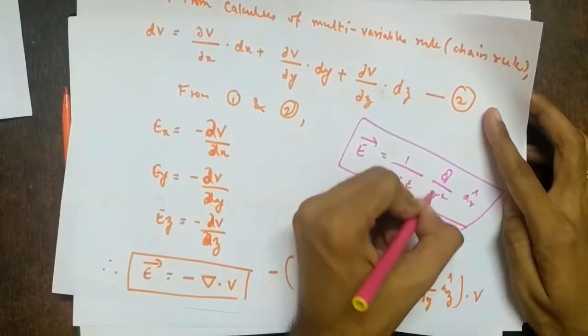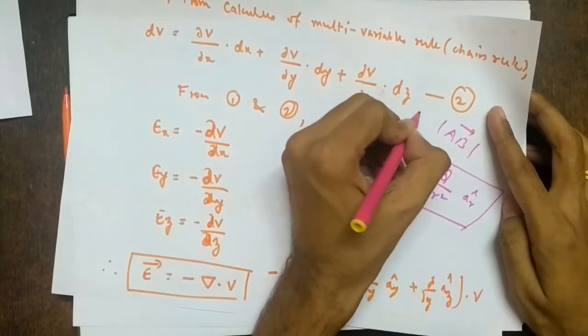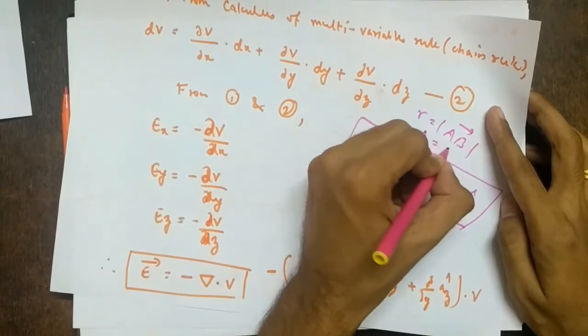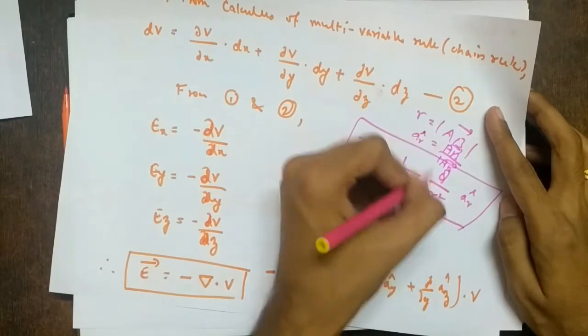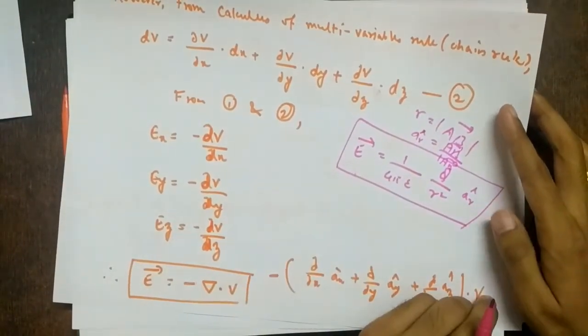You have to find the vector r. For example, it might be AB vector. So then you find the magnitude of AB vector, which is r. Then you find the unit vector, so it is AB vector upon magnitude of AB vector, right? Then you have to draw the coordinate system. But if you know the potential, what is happening?